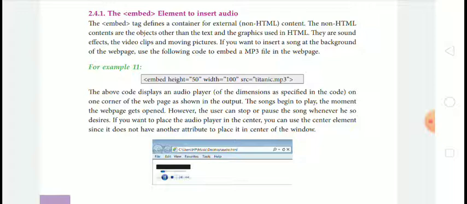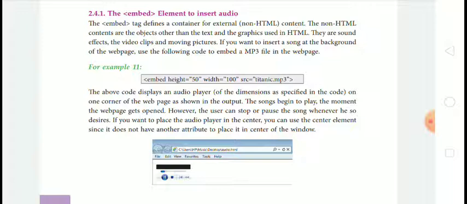The non-HTML contents are the objects other than the text and the graphics used in HTML. They are sound effects, video clips and moving pictures.